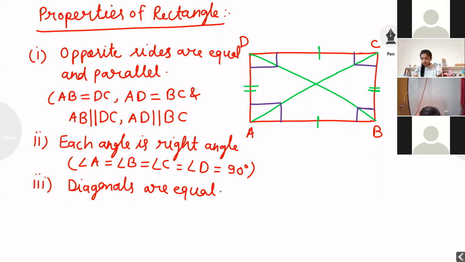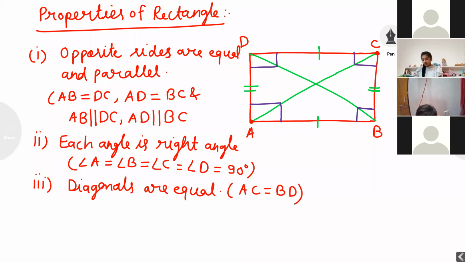What is the meaning of vertex? When two or more than two lines are meeting at one point, that point is called common initial point or vertex. So you are observing here, this is A. Point A is called vertex. A is opposite to C. When we are joining these two opposite vertices, that is called diagonal. Diagonals are equal. In this figure, you are observing, student, AC is equal to BD.